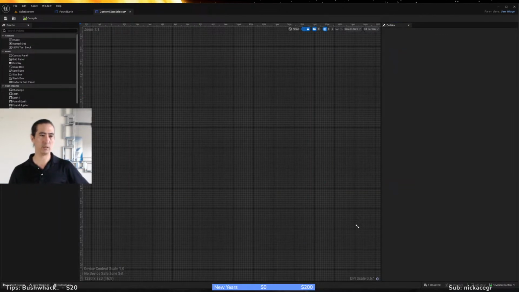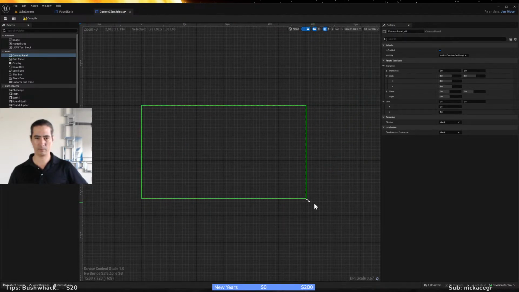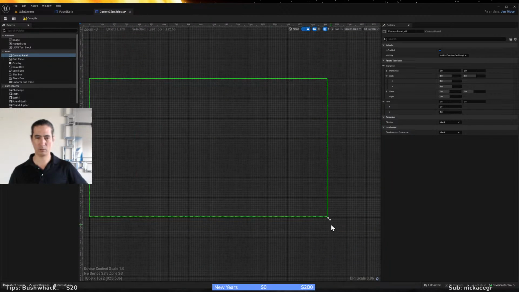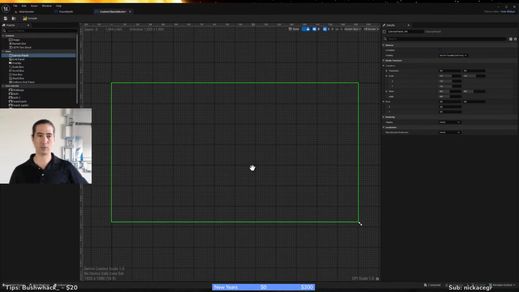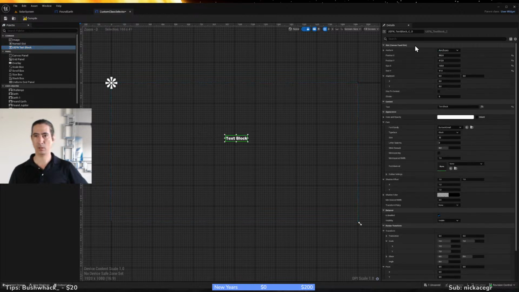Once you've got this in here, you'll need a canvas panel. So drag and drop that. Need to zoom out to stretch this to full screen to 1920 by 1080. Right there. And it should automatically snap, right? And then you can add your text block. So we'll just drag one of those right here. And then we're going to call that, where's our text?